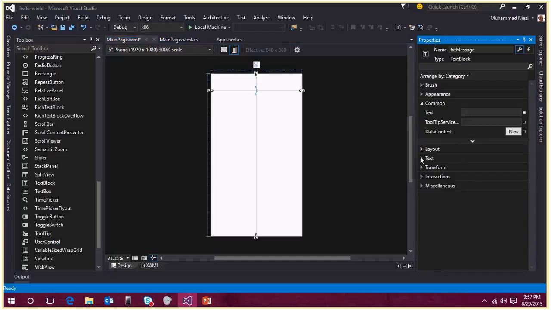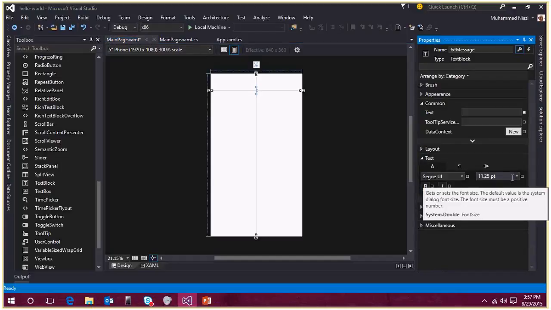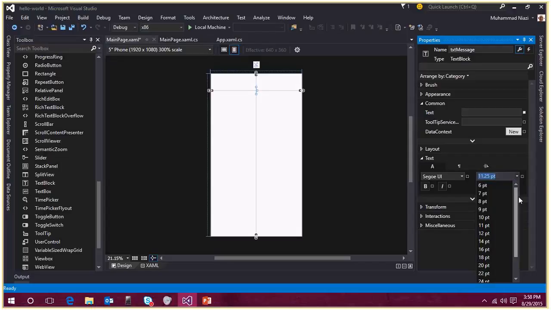Okay, and I want to change the font of it. I want to display it slightly bigger, so I want to make it 24 points. I want to make it bold. I want to make it italicized. So all these changes are done to this text block now. Just in case, I'm saving it. Now I want to add a new button to it, and